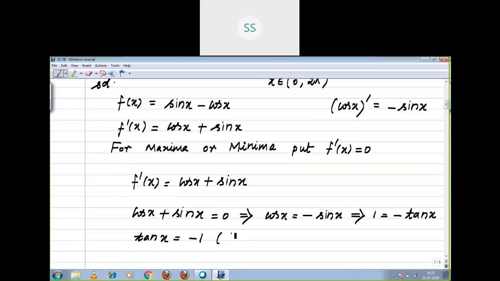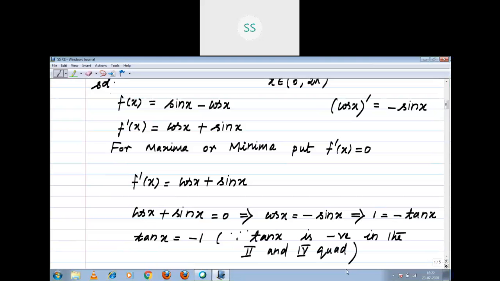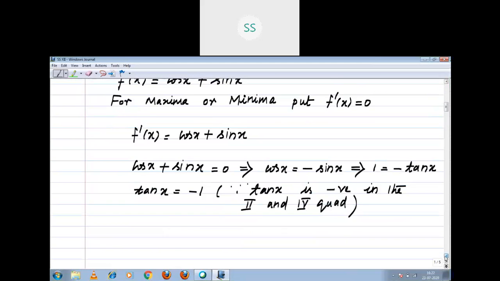if you want you can write, since tan x is negative in the second and fourth quadrant, then only I can get the value in terms of radian. If I apply the quadrant concept, I can get a radian format, right? Because x belongs to 0 comma 2 pi, that is radian only, right children? I hope you people are following me, right? Now you see how I am going to write.